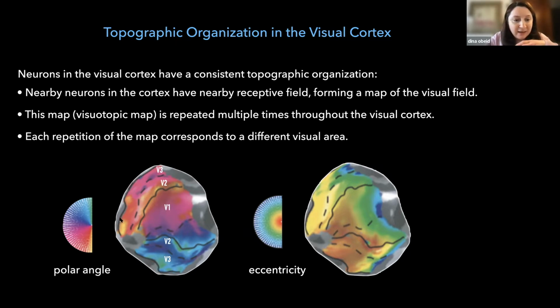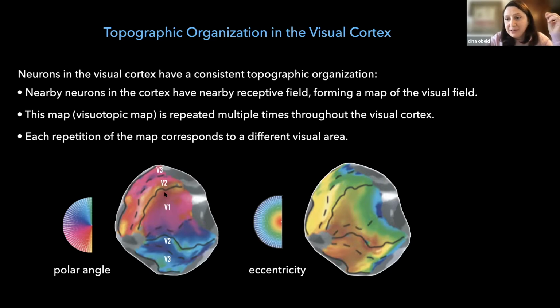So this is what I'm showing here. This is an inflated human brain. And you can see this is a visual stimulus. This semi-hemisphere represents a visual stimulus. So what they will do is they will put stimuli in the form of wedges. And each location of the wedge will correspond to a polar angle location. They will look at which neurons in the brain